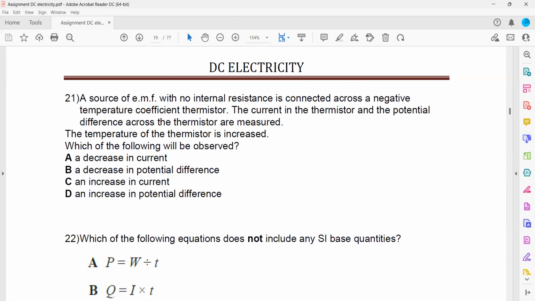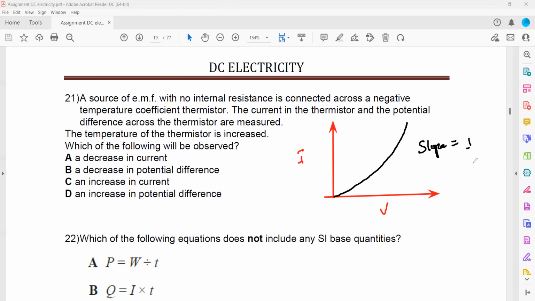So what will we observe if we plot a graph as we did previously? There was a question in which we had a negative temperature coefficient thermistor. When the temperature was increasing, the resistance of the thermistor was decreasing. This was the shape of the graph, whereas in this case, the slope is the reciprocal of the resistance. So if the slope is increasing, it means the resistance was decreasing. So when we check the options,